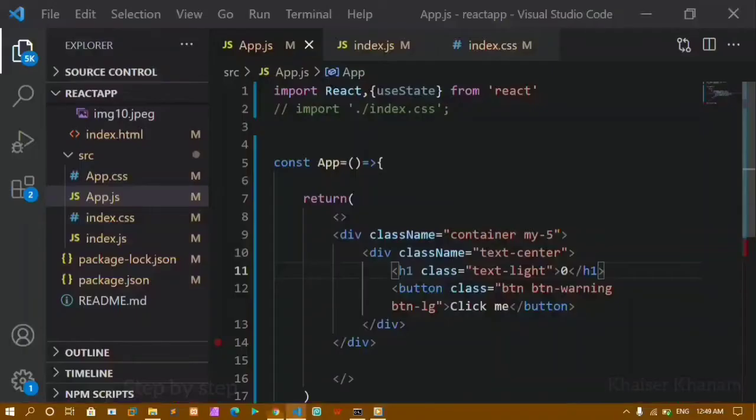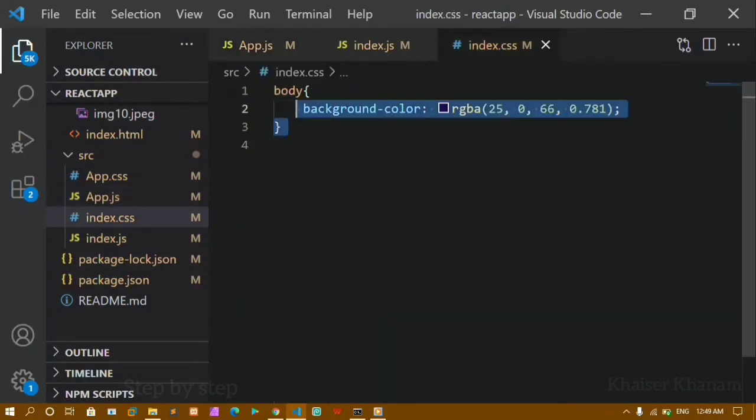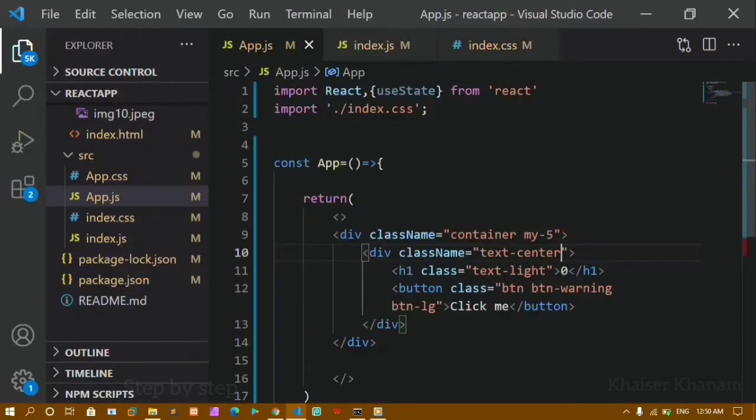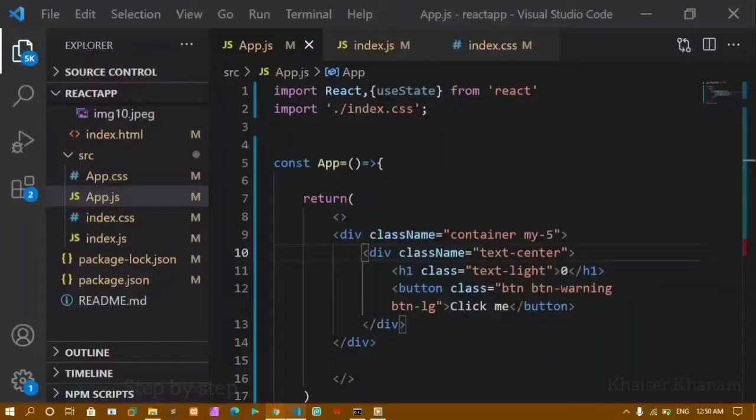The button is large now. Now I'm going to import my CSS link. Inside this CSS file I have just given the body color, and that is nothing but dark purple. Now you can see I have this output, and here I am having this button. Once we are done with this, we are going to see that whenever I click on this button, the value should change from 0 to 1, 2, 3, 4. It should keep on increasing. Now you can see I am just changing the state of an element, so we are going to use our useState hook.